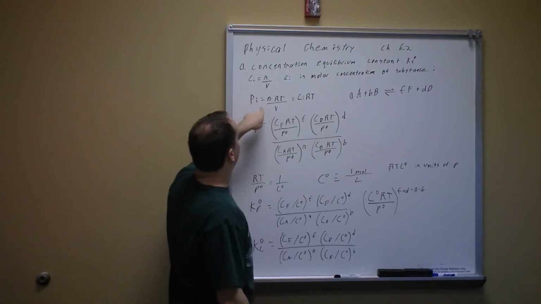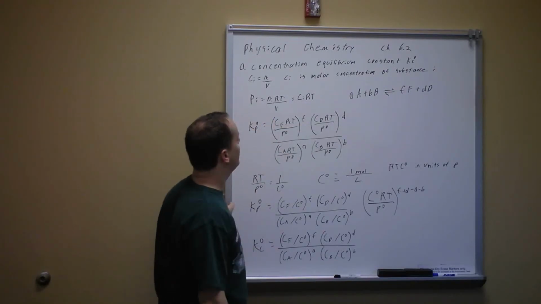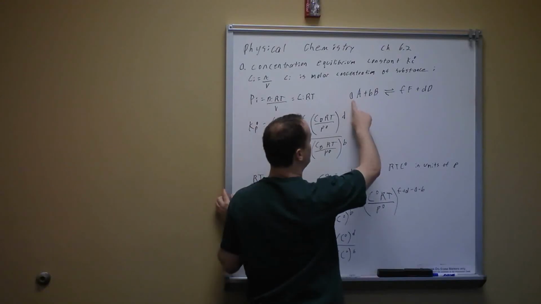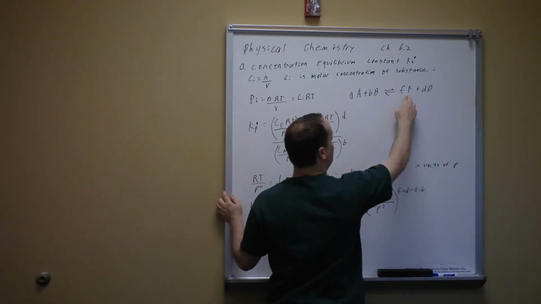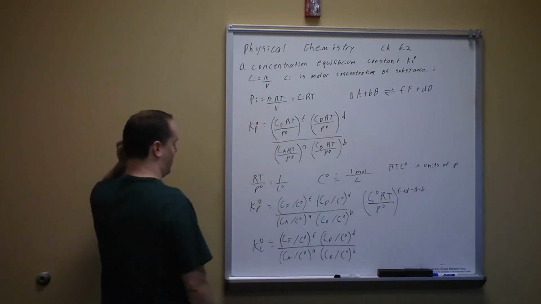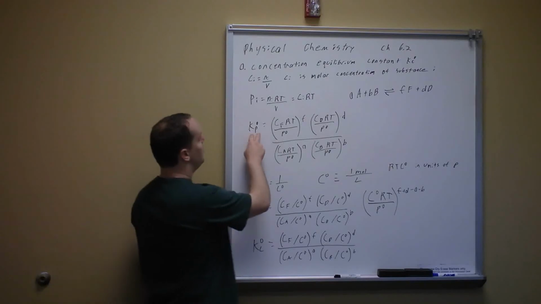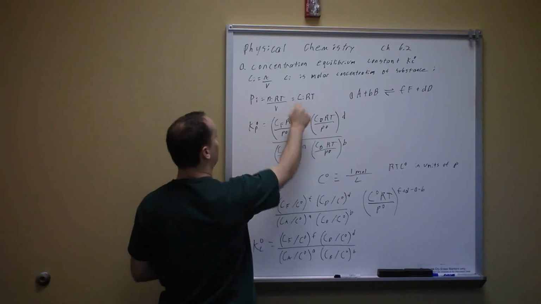And from up here, we can say that's also equal to CI RT. Now let's use the generic reaction A and B going to F and D. We didn't use C again because we're using C for concentration now; that'd be confusing. So for Kp naught, we're going to substitute in pressure from what we found up here, and instead